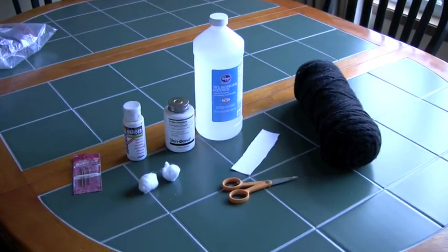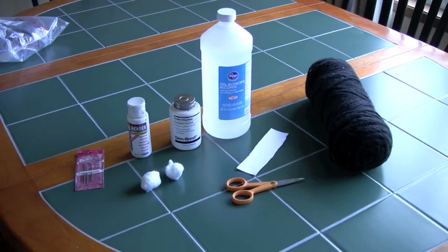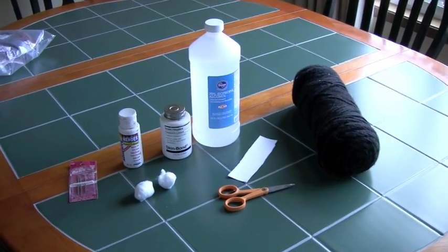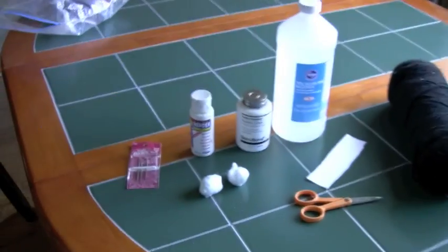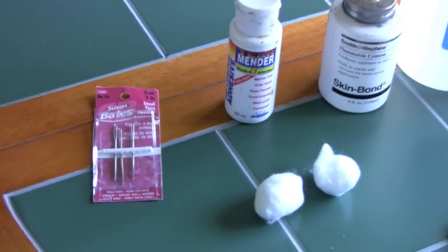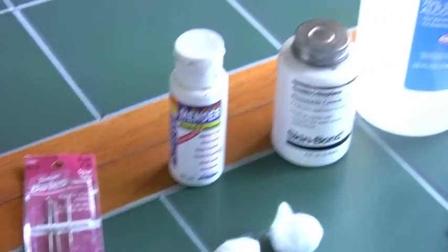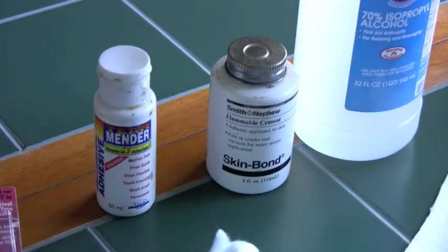Me how I set my Border Collie puppy's ears. So we have a new Border Collie puppy that has never had her ears set. So we're going to go through it step by step, but this is what you need. And over here I have yarn needles. Okay, you need that. And this is tear mender